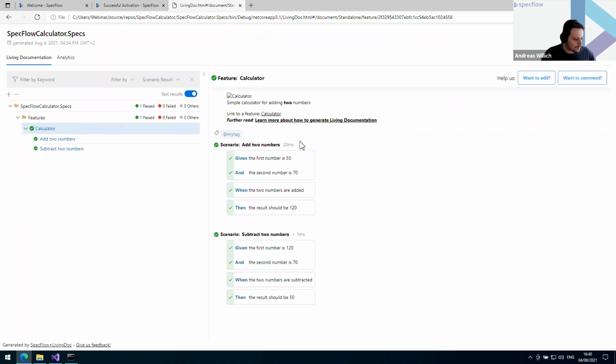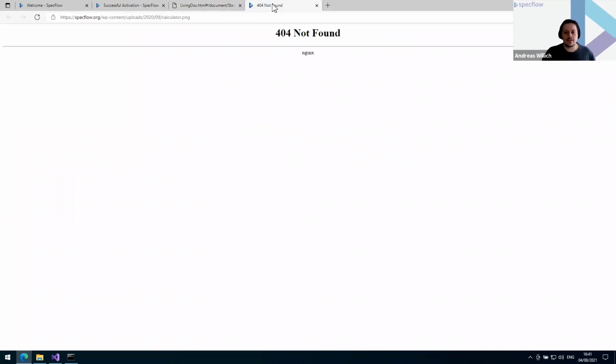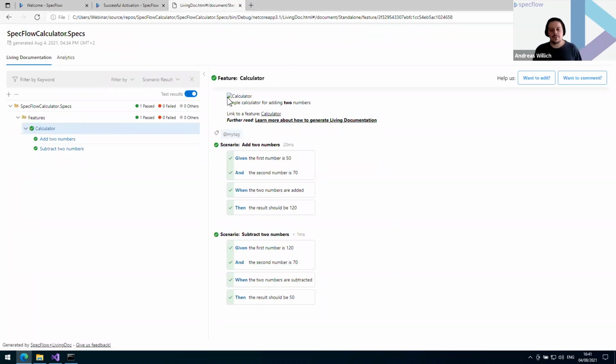for Sandesh an answer. So what you can do with Living Doc, somehow it's broken here, I have to check this, but you can have a feature description in Gherkin and also a scenario description, and Living Doc lets you put Markdown here. So you have links here, you can do formatting, and you can also include images. Image is not found. Okay, we need to fix this, but